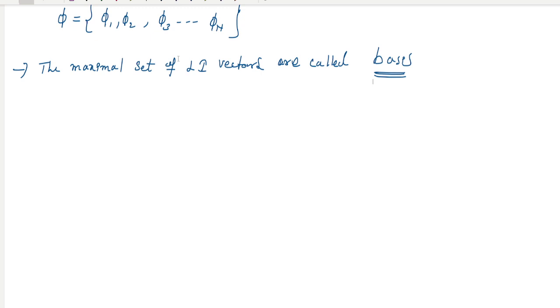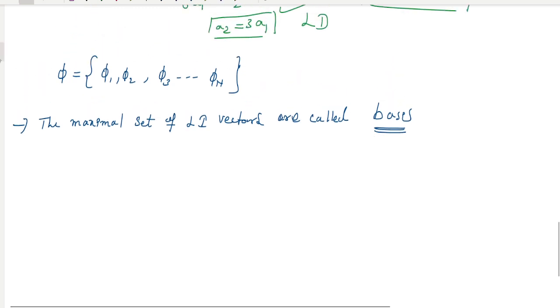So here psi1 and psi2 and so on psi n, denoted as a shortcut, the psi is called the basis of the vector space. Okay,